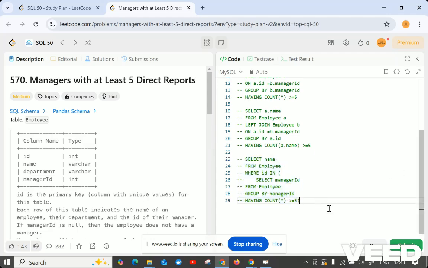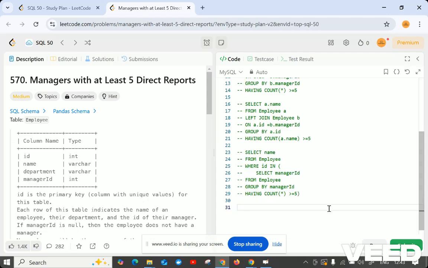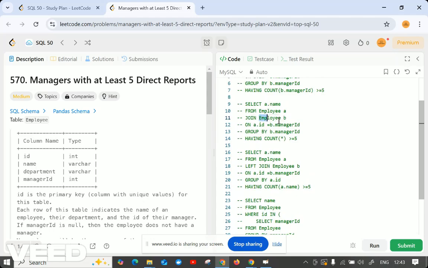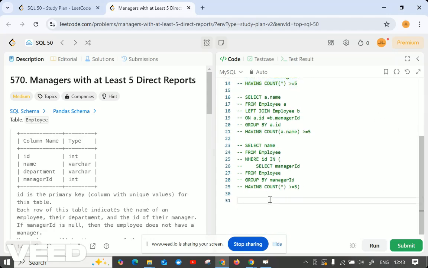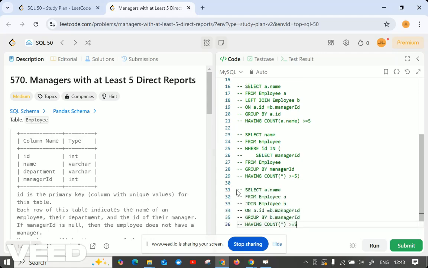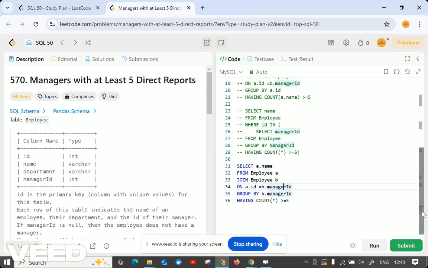And one more last query also we can write, by using again an inner query only. So with join we have written as an employee table B, right? The same way we can have another table. Let me have it here. Yeah, I'm calling this part. So yeah, employee table we are taking, we are joining, right? So we are joining some other table based upon a condition.